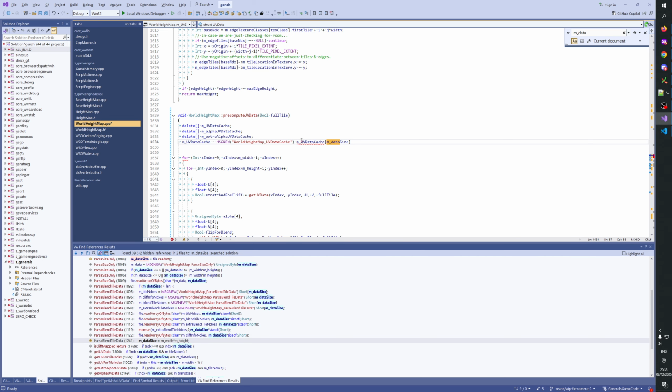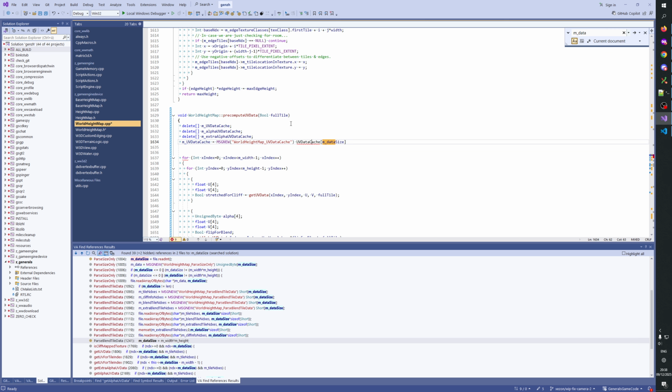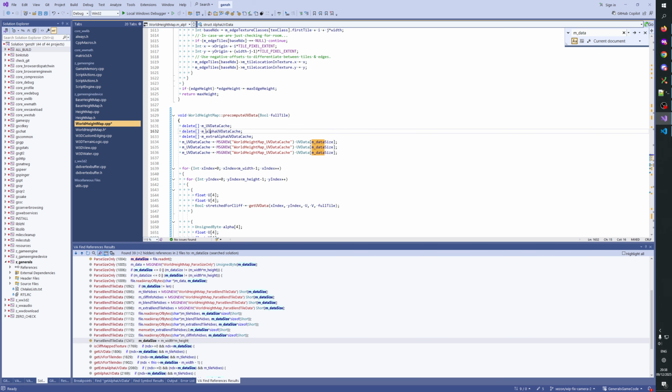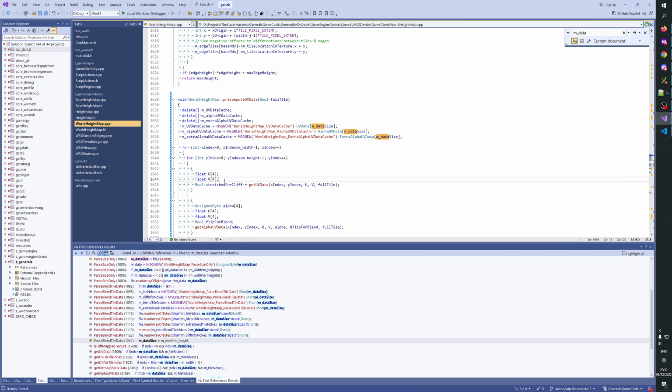Okay. So UV data cache, UV data. Good, and then we do the same for the other guys. Alpha, extra alpha, and this is alpha and extra alpha. Good, so this is the allocation event, and then here we do